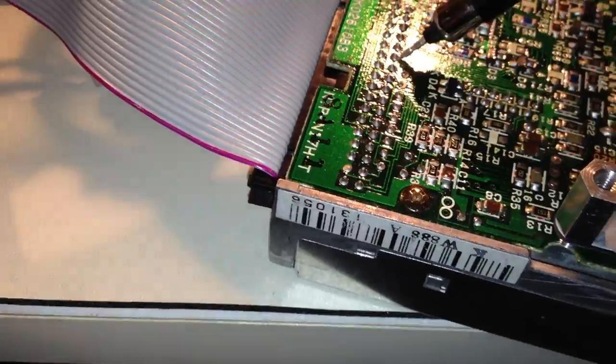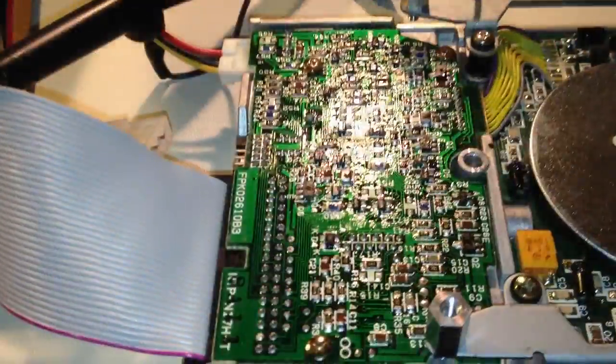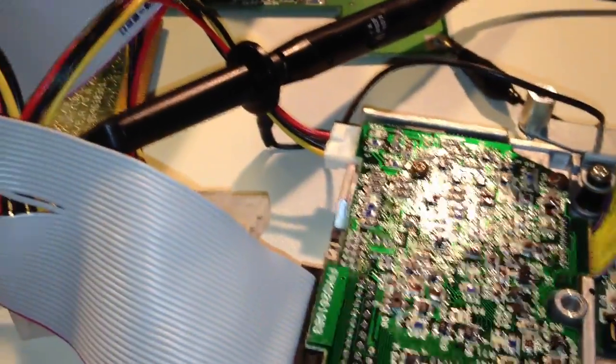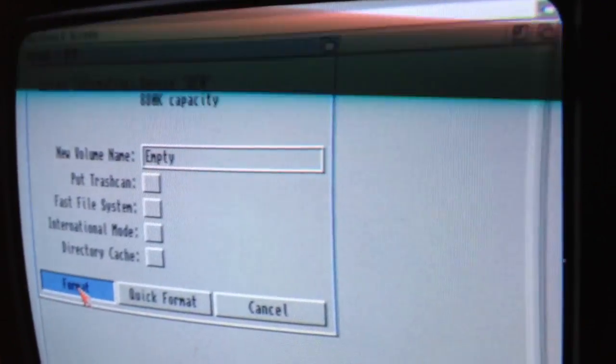And I will show you how these two signals look like on an oscilloscope. Now obviously I have this ribbon cable connected to the floppy disk drive, but I also have my oscilloscope probe connected to the ribbon cable, and that oscilloscope probe is connected to channel 1 on the oscilloscope. So let's take a look at the signals right at pin 22 and pin 24. So now I have a disk in the drive and I'm pretty much ready to start formatting. So let me just click on format here,